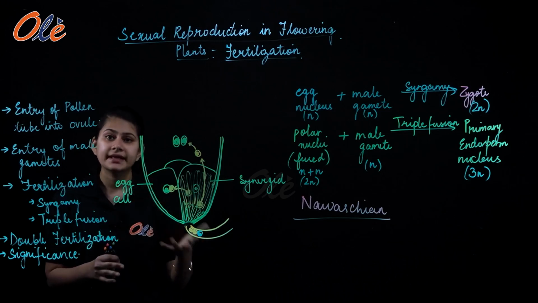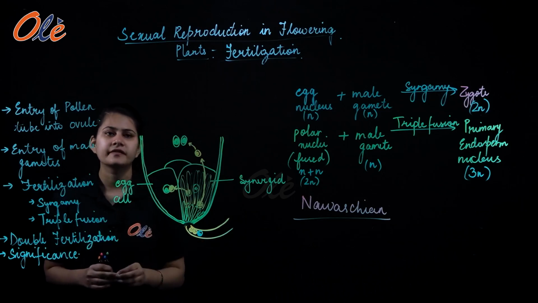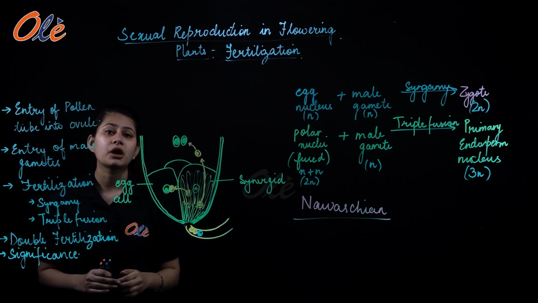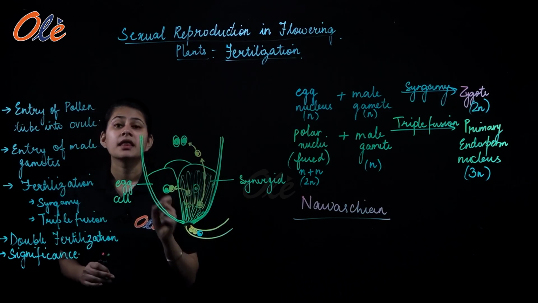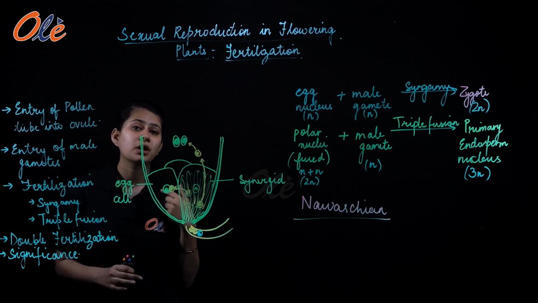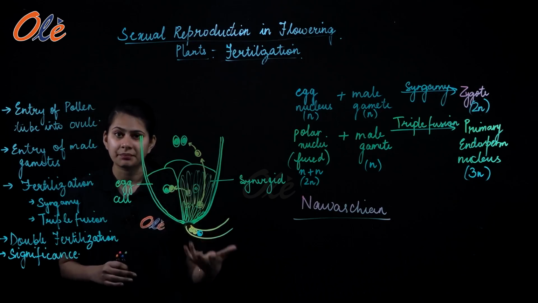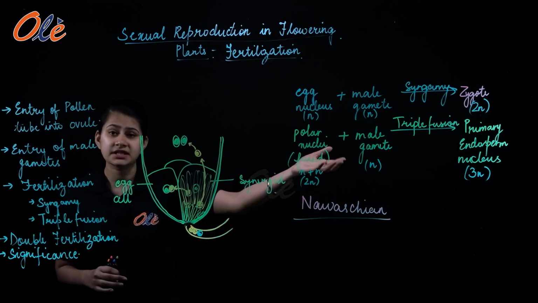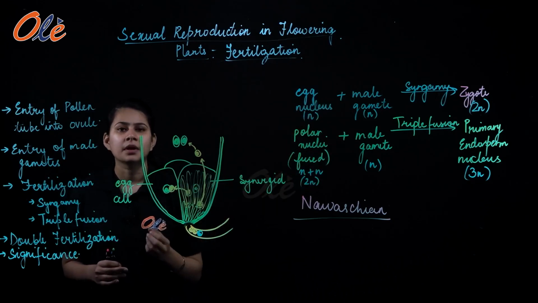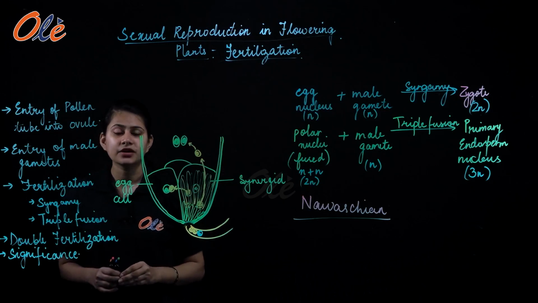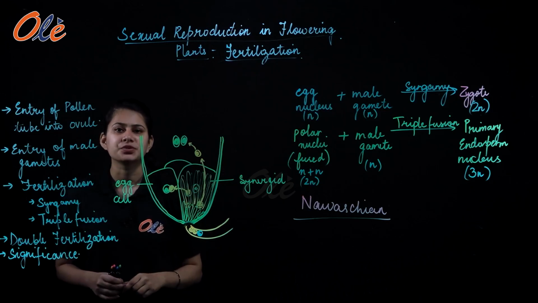So it is indeed a very interesting and distinctive phenomenon that we have just studied today about double fertilization. I hope this entire lecture is clear to you. Now we are going to go ahead and study about the post-fertilization development. क्या क्या develop होता है? You've already studied endosperm, zygote, तो इनका development हम लोग देखेंगे. But we'll do that in the next lecture. Till then, you have to revise all this and stay tuned. Thank you.